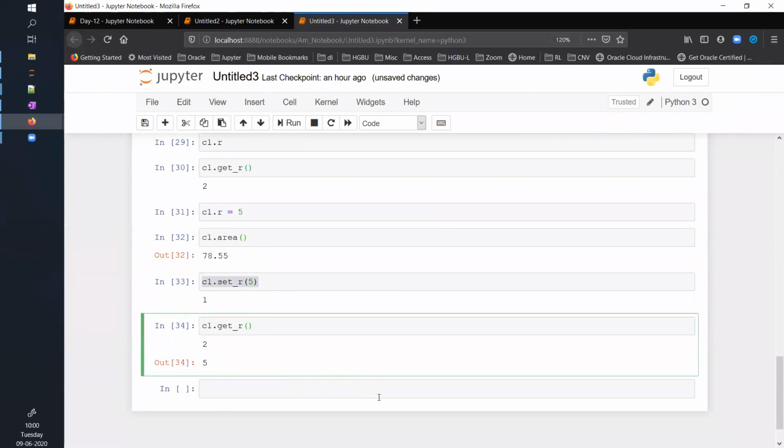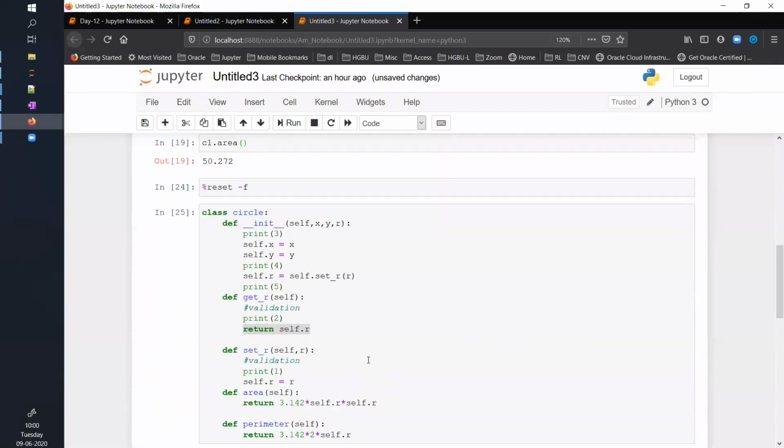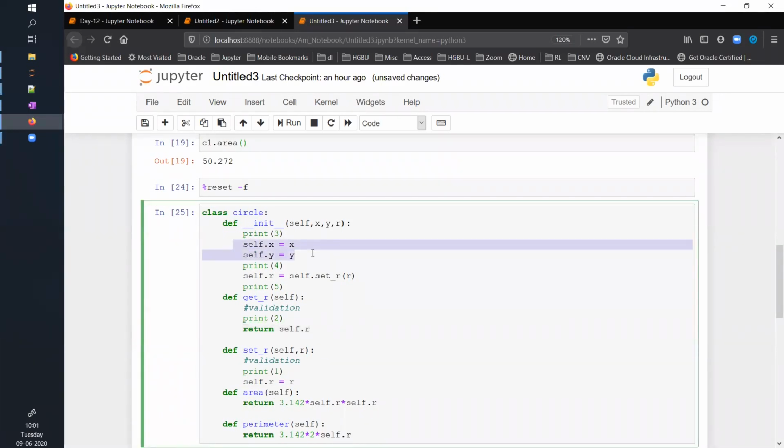Okay, the point I'm trying to make here is, please try to understand this point. Initially, when I was initializing, all I was saying is self.x equals x, self.y equals y, self.r equals r. But there, I was not having any control. Even if the user is not authorized, I'm not adding that logic.